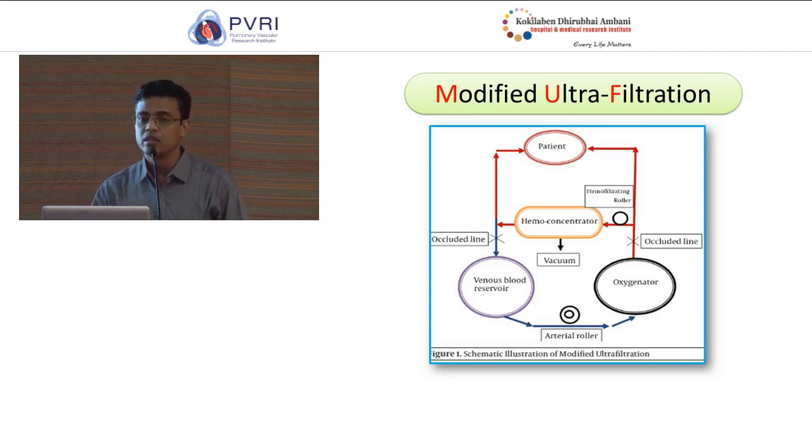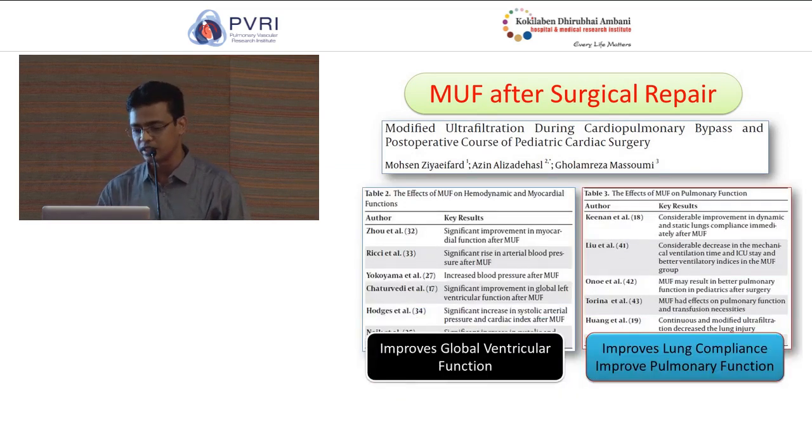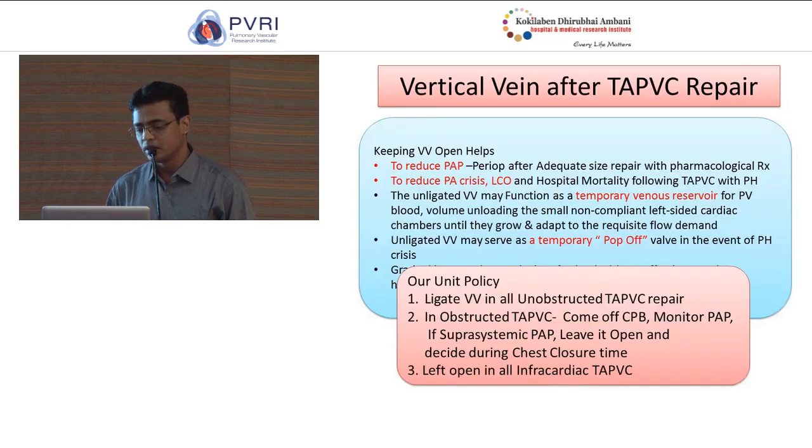It improves global ventricular function. It improves lung compliance as well as pulmonary function, and it reduces total body water and increases hemoglobin. These are the beneficial effects of MUF, and it usually helps in reducing the PA pressure immediately after coming off the surgery. Regarding specific strategies to manage PA pressure, like in TAPVC, it has been